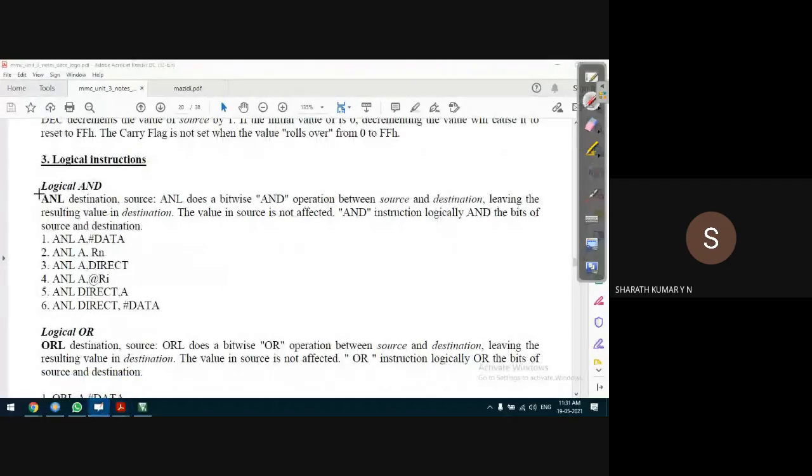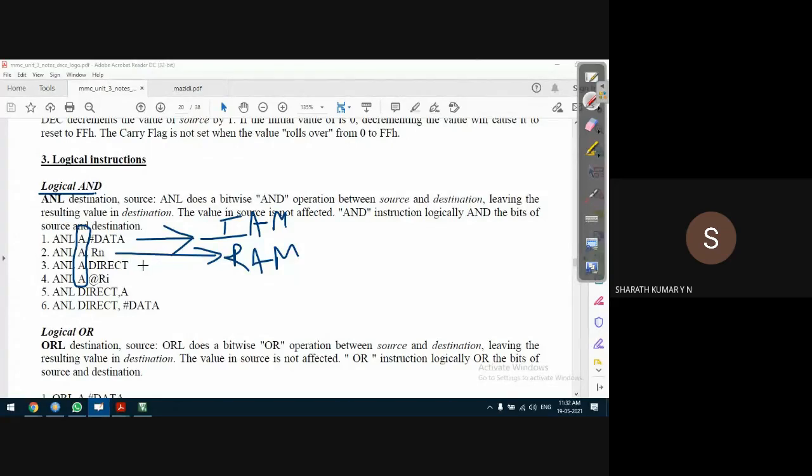Logical AND operation, AND on a set of data. Look at the condition, guys. The accumulator should be the destination for all AND operations. One of the data should be available in the accumulator. The second data can be part of the instruction, immediate addressing mode, or stored in a register, register addressing mode.